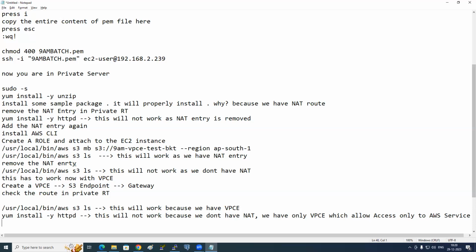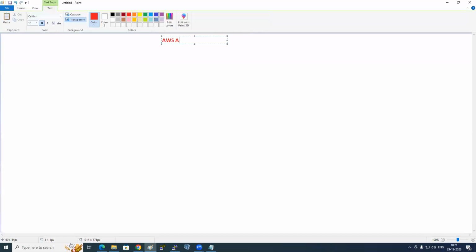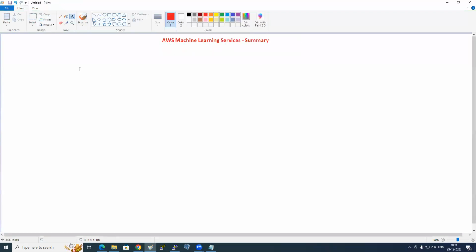Okay. So this is not related to practicals. I told you, there will be small definitions. So please write down. This will be helpful in your certification. It is related to ML, machine learning. So here are the AWS machine learning services. It's just like a summary, so that just in case you get any questions, this will be good. So number one,